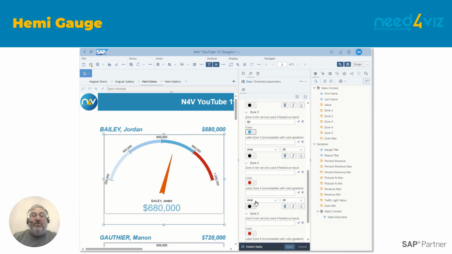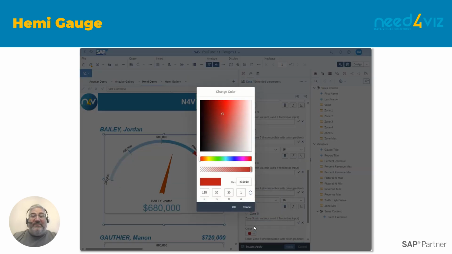And for those of you who are paying attention, that is blue, not green, as I stated earlier.